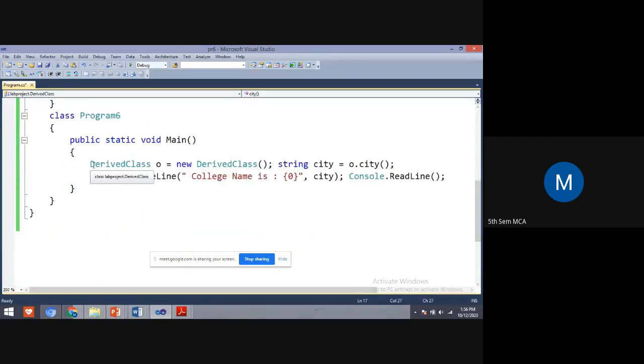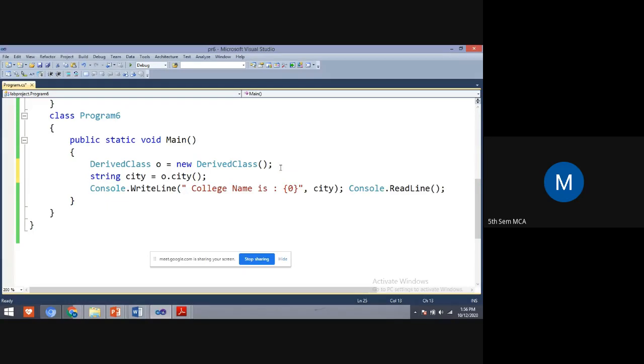We create an object for the derived class, not for the base class, and it will display whatever statements are present in the virtual and in the override.